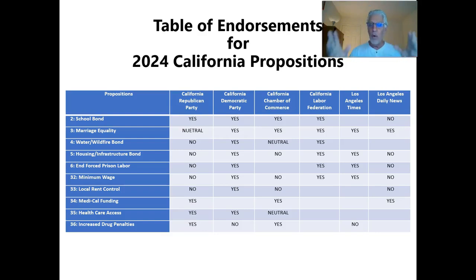So what we do is we point out how each of them is recommending that people vote. And as you'll see, some of the propositions are supported by almost everybody, right? And some clearly fall along partisan lines, liberal versus conservative. And we'll try to point that out after we present each of the propositions.